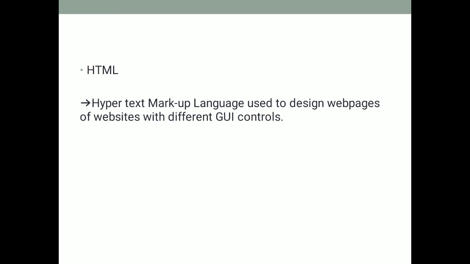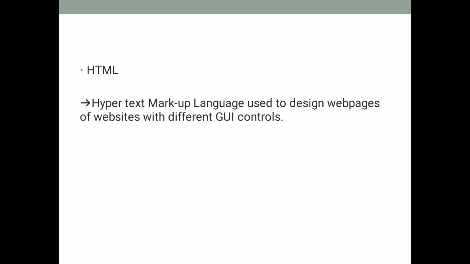Now you are already aware of HTML. What is HTML? HTML stands for Hypertext Markup Language. It is a special type of markup language that comes with opening tags, container tags, and tags with their attributes. These are used to design web pages, that is, to write the HTML code used to design HTML web pages.